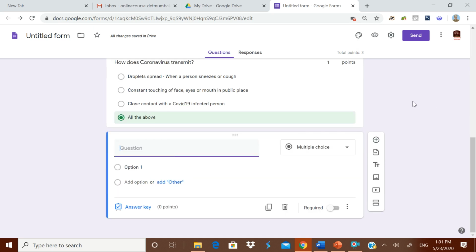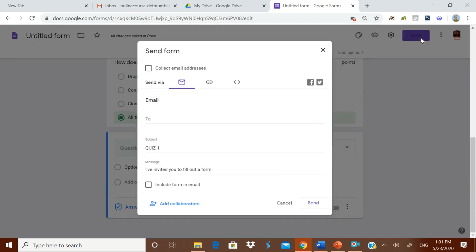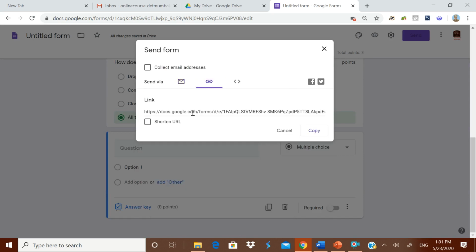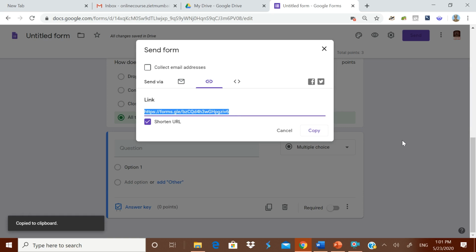Okay. Now how to share it with the children? Click this send. You can share this through Gmail or any mail, or you can copy the link. The link is a little bit lengthy. You can click shorten URL to shorten it. Copy it. Either you can send it through their mail, or you share it through WhatsApp.